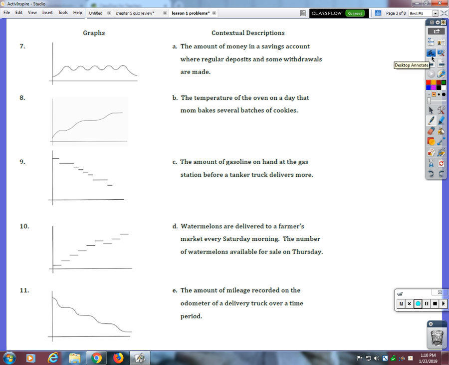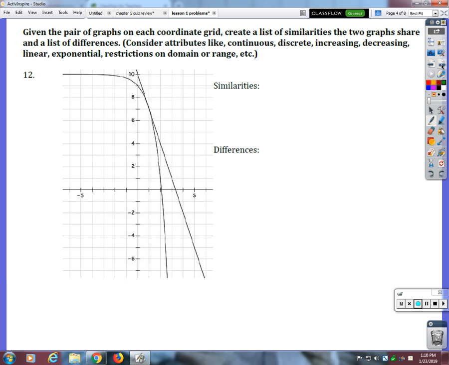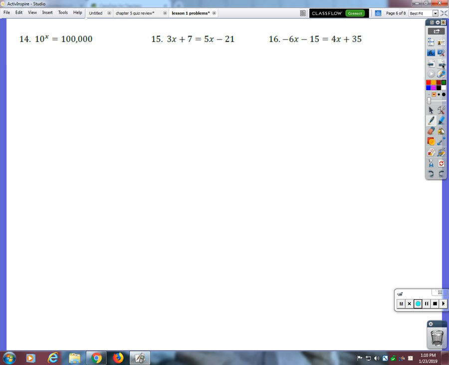This was a fun little matching graph problem, but I don't think we'll do anything like that. Definitely not going to do any similarities or differences. We can throw some easy equation solvings on there, though. Yeah, the last test had a bunch of those. That was really nice. So how about one of those and one of those? So one that's exponential and one that's